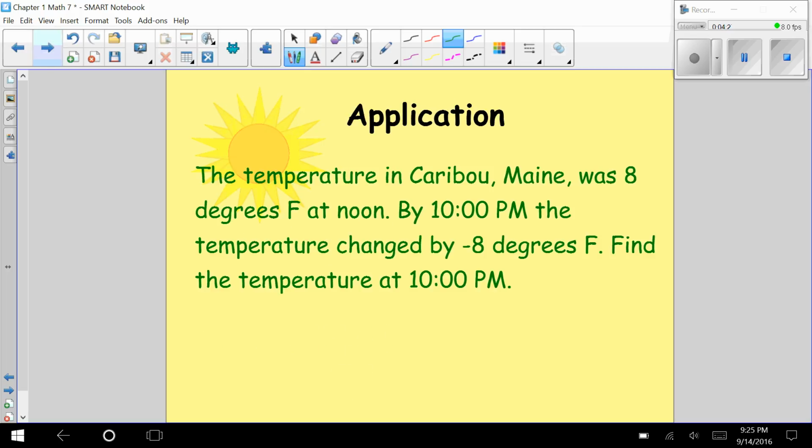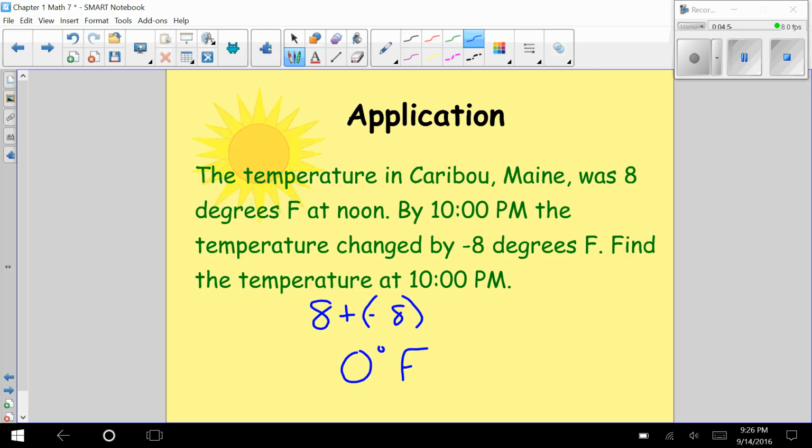A quick application problem. The temperature in Caribou, Maine was 8 degrees Fahrenheit at noon. By 10 p.m., the temperature changed by negative 8 degrees Fahrenheit. Find the temperature at 10 p.m. So to set this up, we start with 8. We change, so we add on negative 8 degrees. 8 plus negative 8 is 0. Label our answer 0 degrees